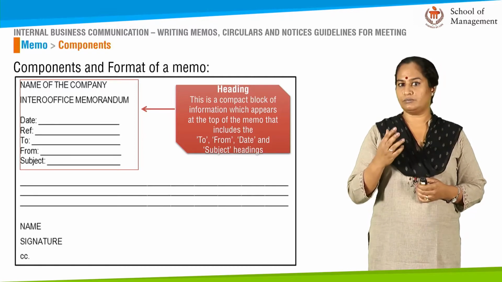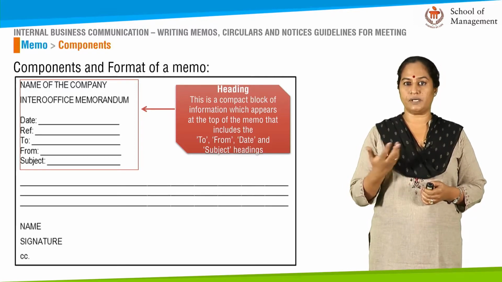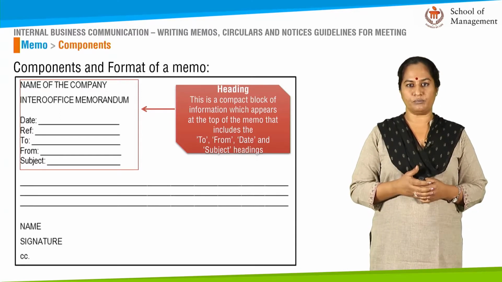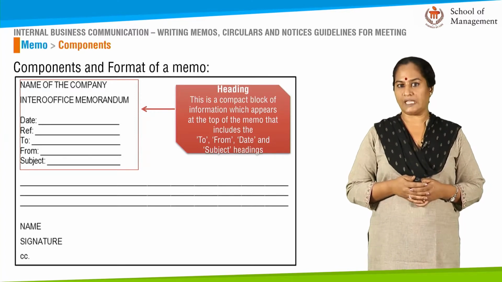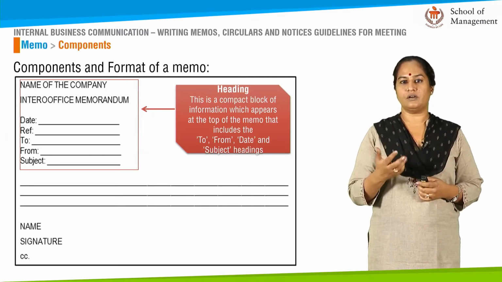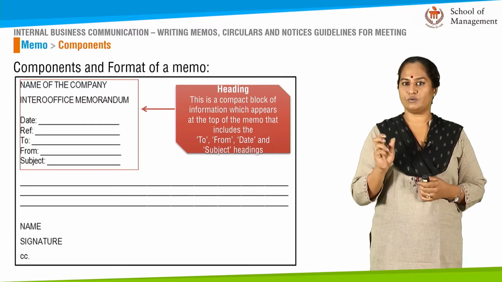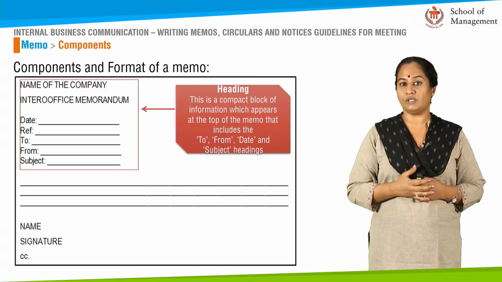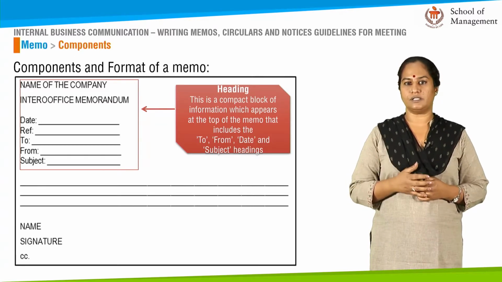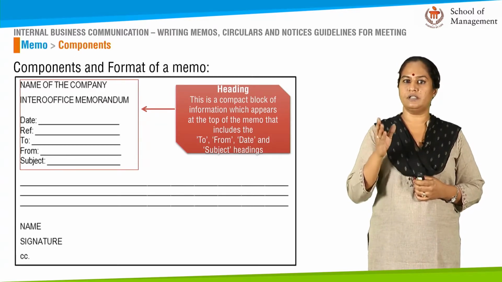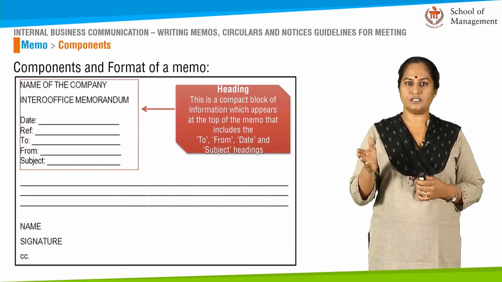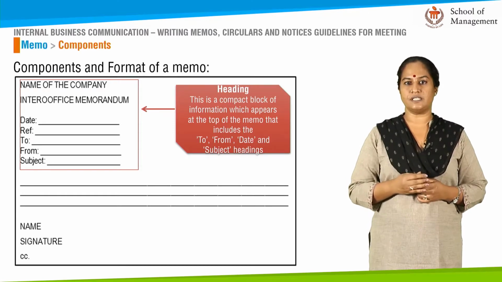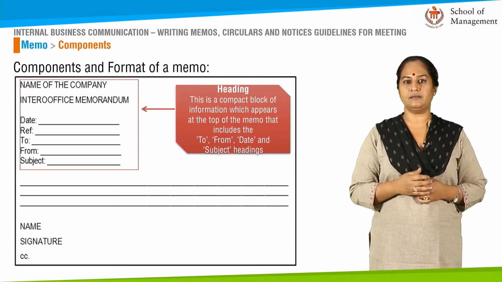Usually memos are sent within 24 hours of an event being held or a discussion being held. Reference helps us to dig out from the past if we need to refer to a particular memo. Reference numbers are very, very important. Especially in today's email era, we keep sending out so much email. So a reference would help us actually dig out from a lot of other mails, a memo that we want to look at. Now the To is addressed to the person to whom we actually want to send it, so that we know who is responsible or accountable for having received it. And From is the person sending the memo.